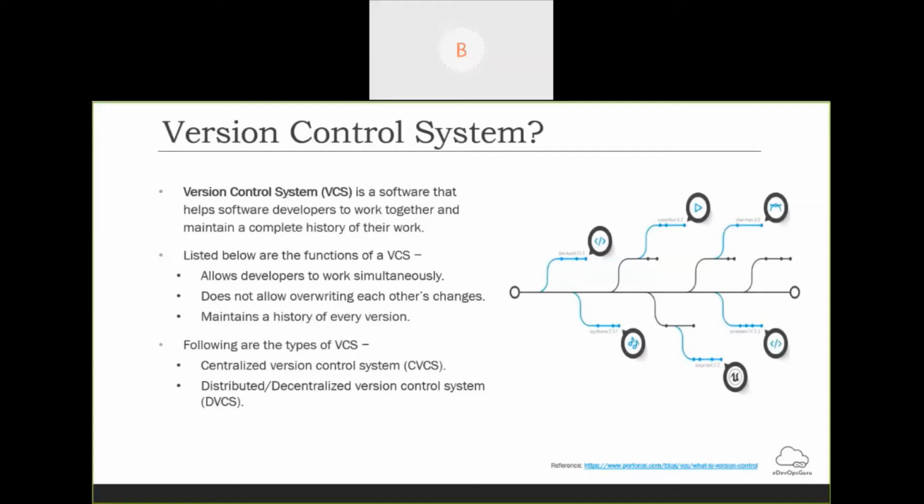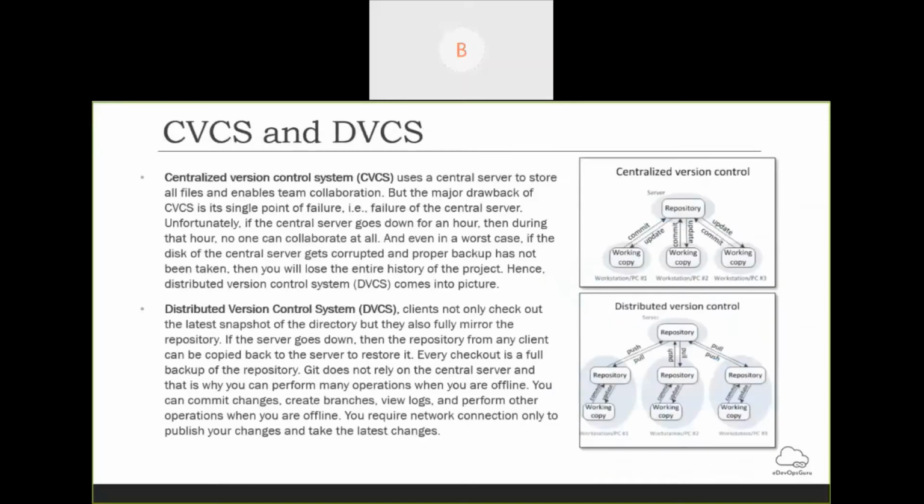So what are the different types of version control system? There are two types: centralized version control system, and distributed or decentralized version control system. So let's see what the difference is. A centralized version control system has a central server to store all the files and enables team collaboration. If developers use a centralized version control system, they will have a working copy of the central server project,